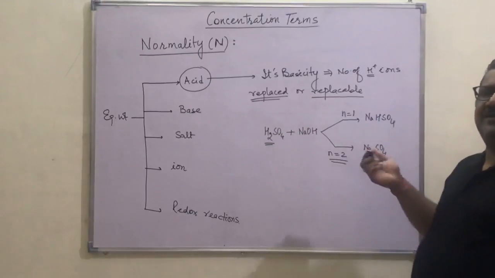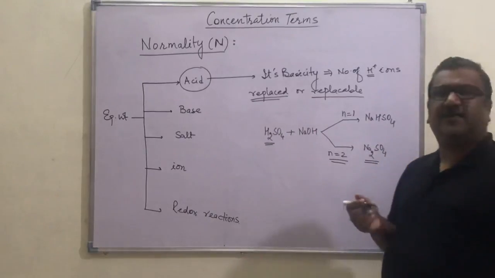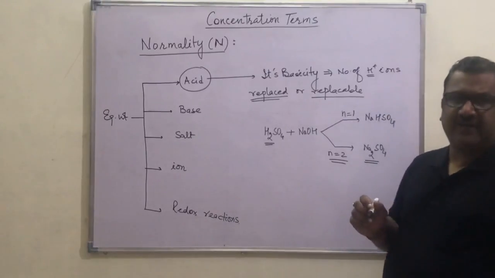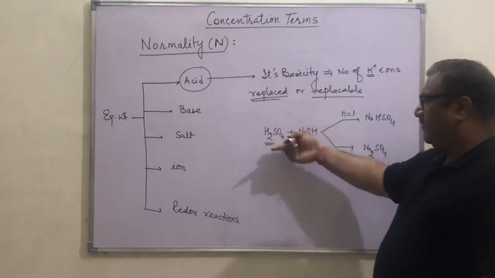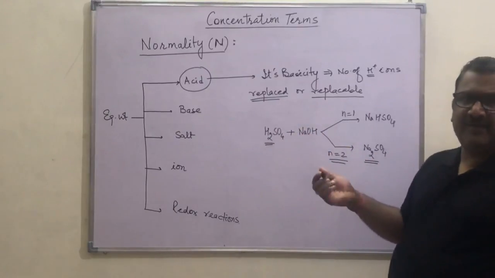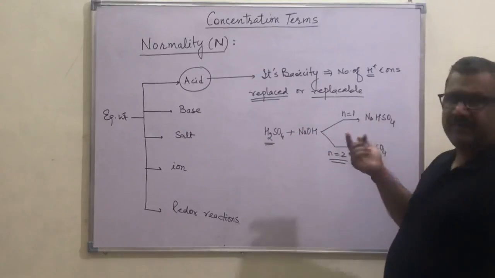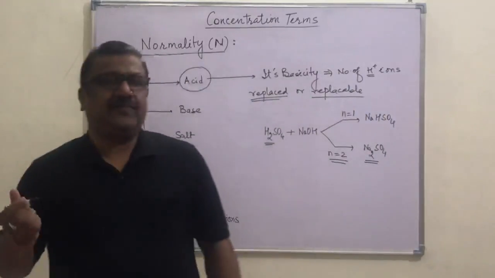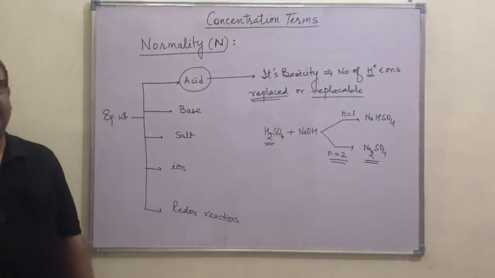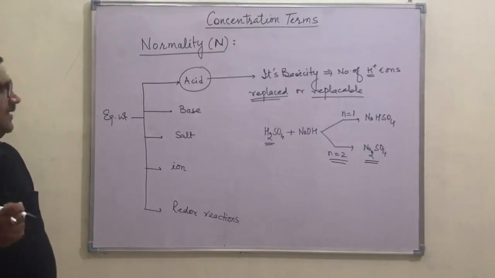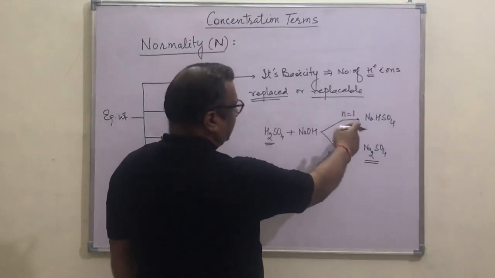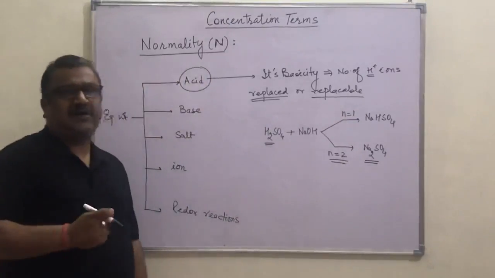If the basicity is 1, like when we are using HCl or nitric acid or some other acids where the basicity is 1, then obviously only one hydrogen is there to be replaced and we will be replacing that one. So in that case n will be 1 in any case. But if the basicity is not equal to 1, it is 2, 3, then the value of n factor may change from one case to another.